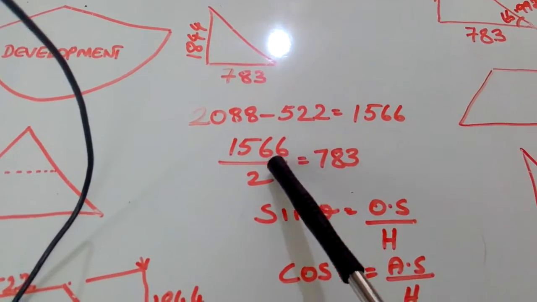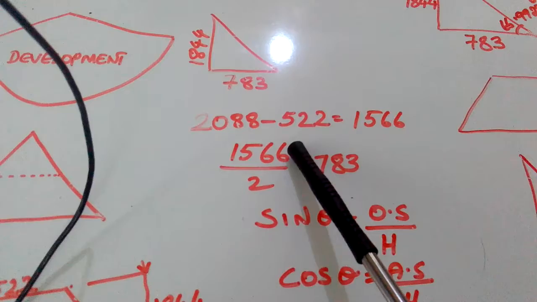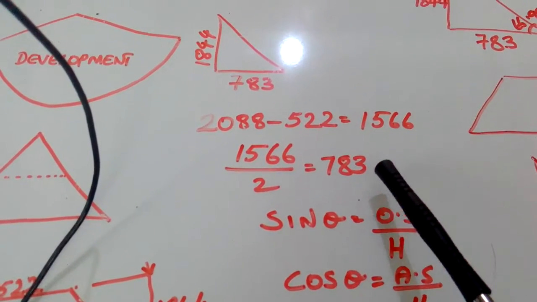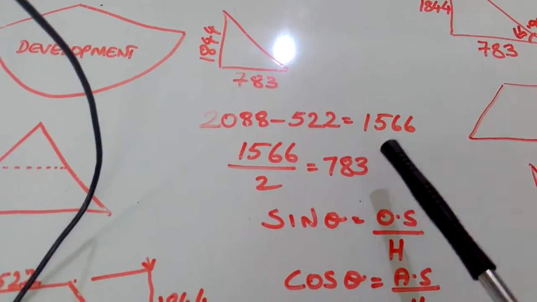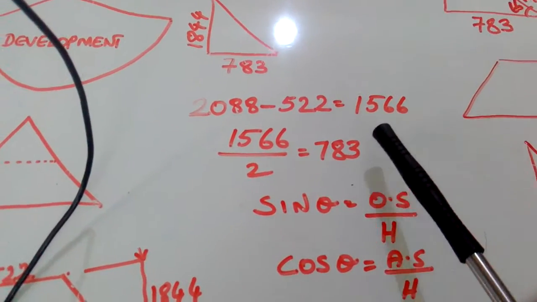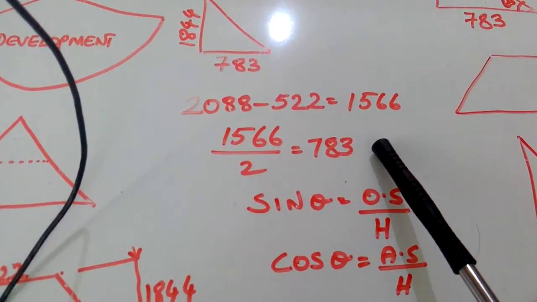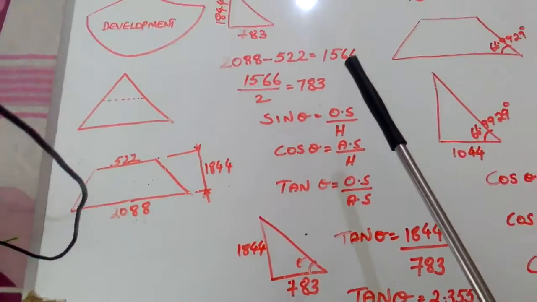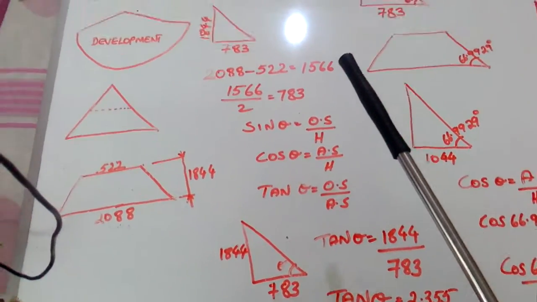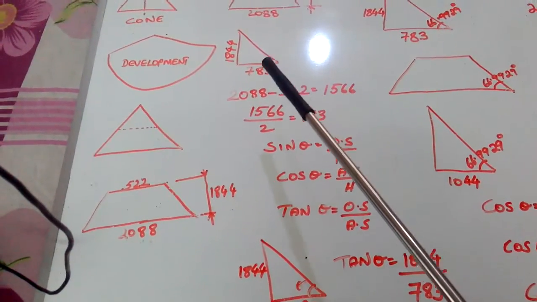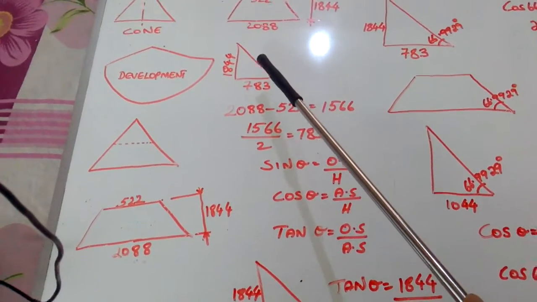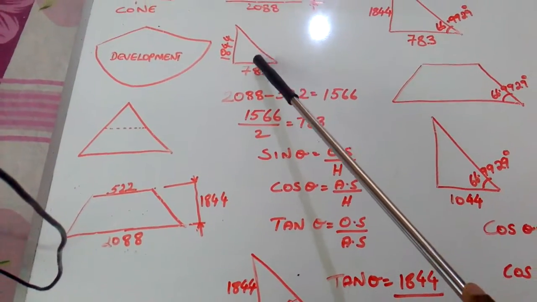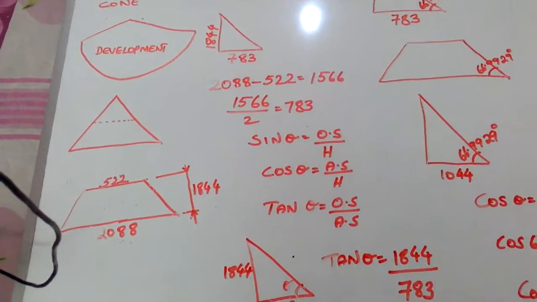I have divided 1566 by 2, then we got 783. Use your scientific calculator and find out this measurement. If we have found out this measurement 783, we can easily find out this degree, because I have taught you in so many last episodes